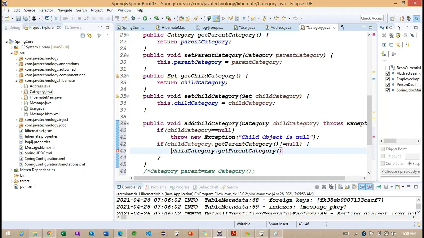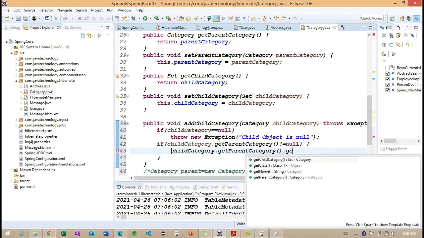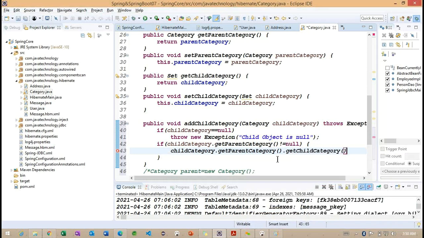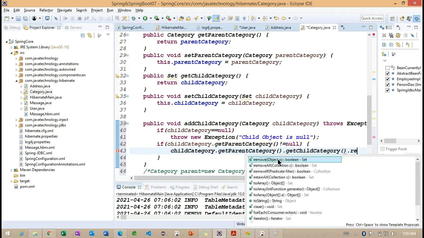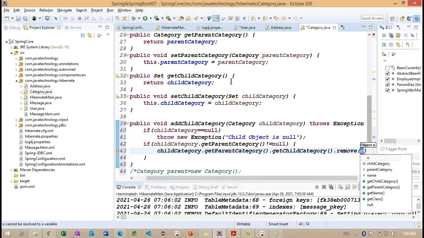If this child category has a parent category that is not equal to null, internally I'm going to call, because the parent category is going to return one category object, and using that category object we can call for this child category. I don't want to use what we added previously. What if we added the child records previously? I want to remove them.